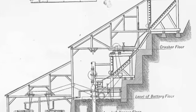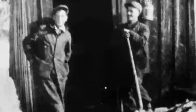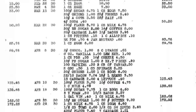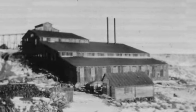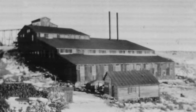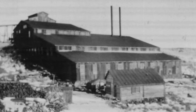But fatefully, the year was 1929. That October, the stock market crashed, and the subsequent Great Depression created panic among the Carissa's many creditors. They demanded payment. The newly minted venture was forced to abandon operations just a year later. Once again, the Carissa mine and mill closed. This time until 1946. After World War II, another company came in and